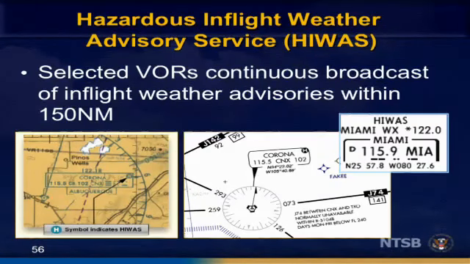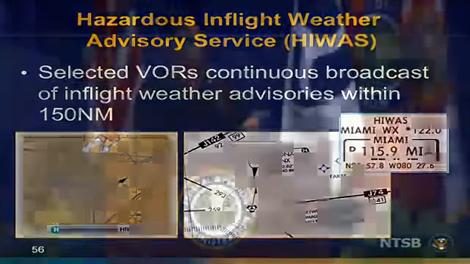The hazardous in-flight weather advisory service, HIWAS: if you're going on your sectional chart, the little H in the circle does not mean heliport. It means you have weather information. If you're using a low altitude chart, the same little symbol in the corner tells you that by tuning into that frequency,